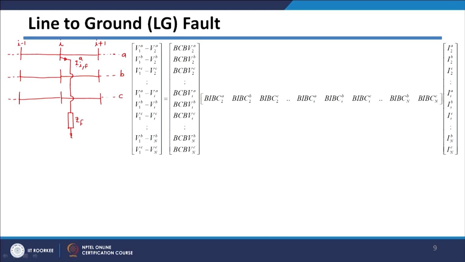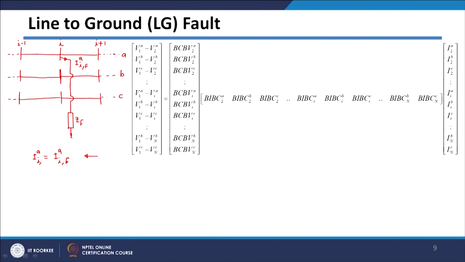So this is nothing but your load current I. The current in bus I of A phase after the fault will be, with this comma F representing a post fault quantity, the post fault current of A phase of the ith bus, given like this. Now this fault current is very large as compared to your load currents.